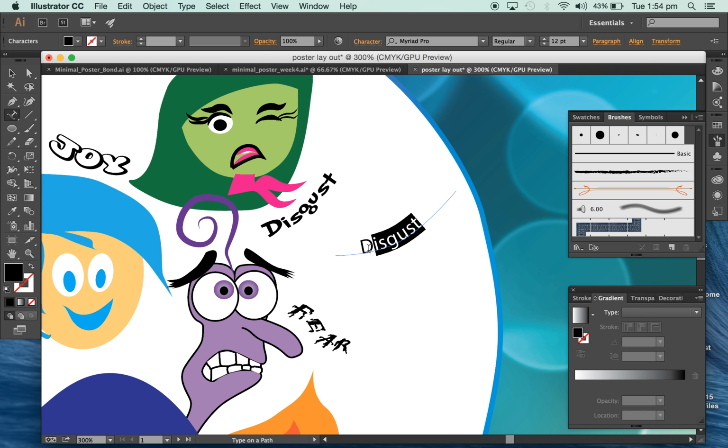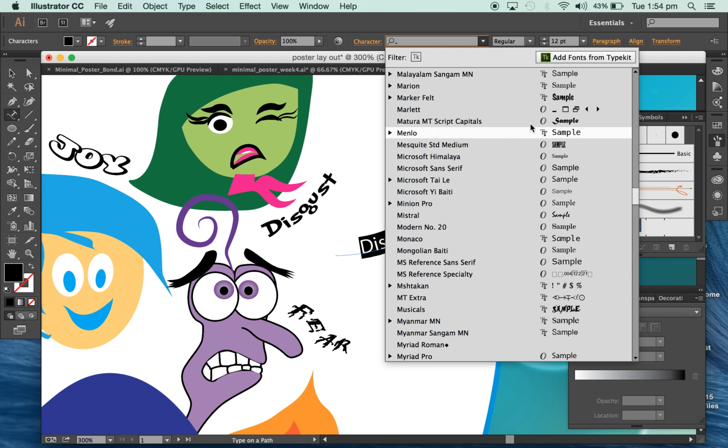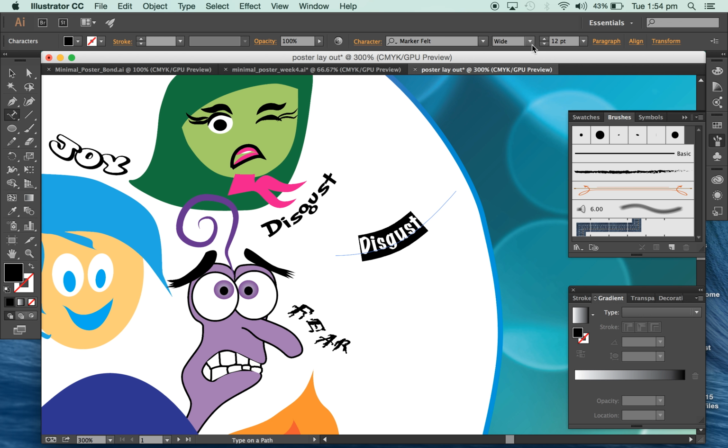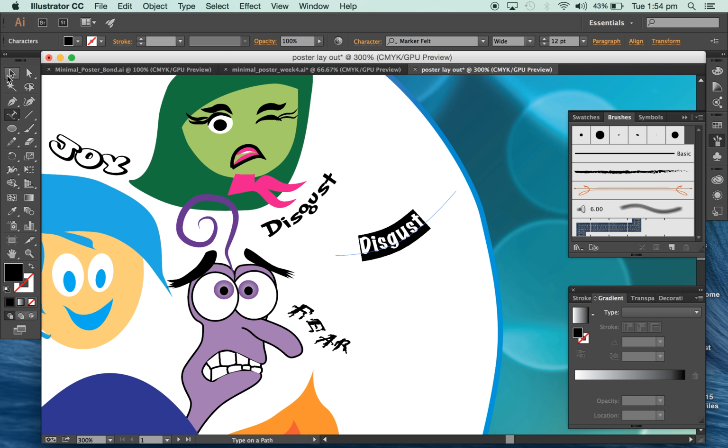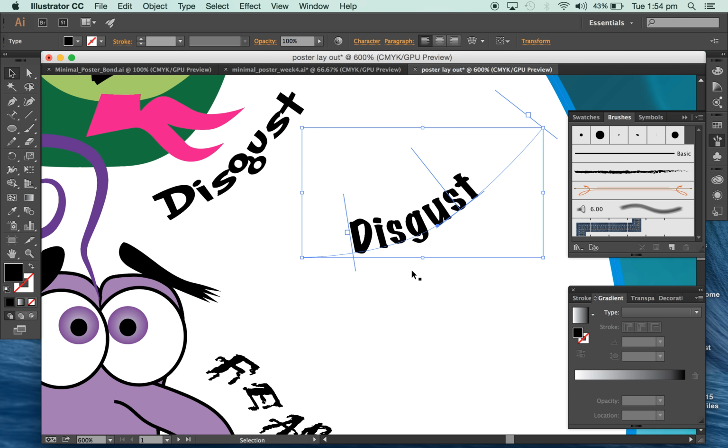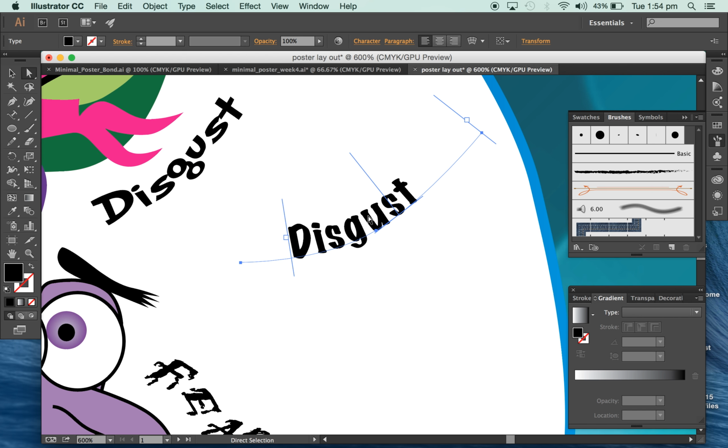And then you can edit your font and pick a font that you'd like to use. Again, you can use these spacing settings here to spread your fonts out and make them fit the curve. Now, if you feel that you want to edit the curve, you can use the white mouse, click on your